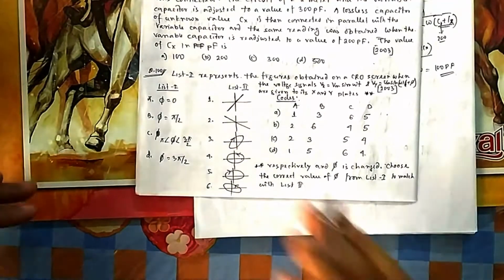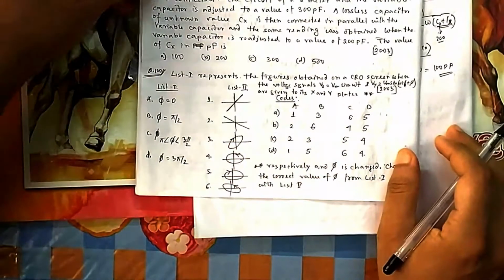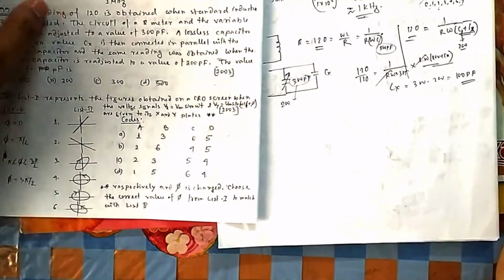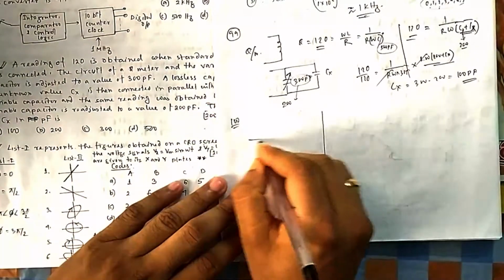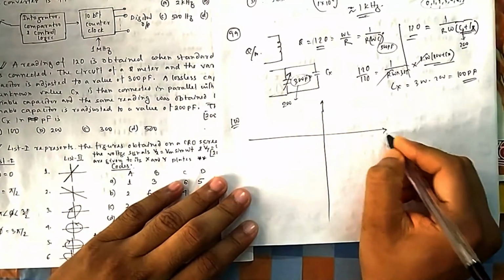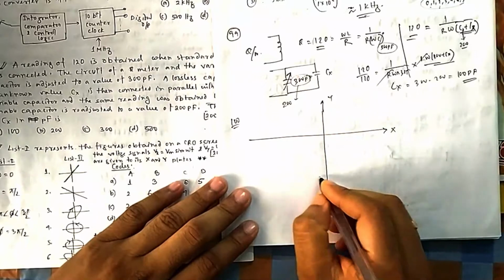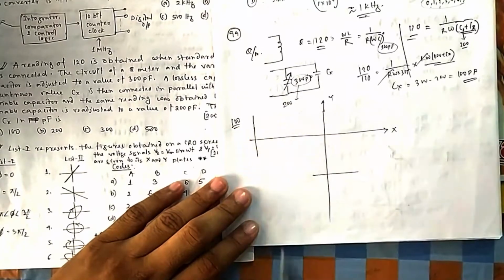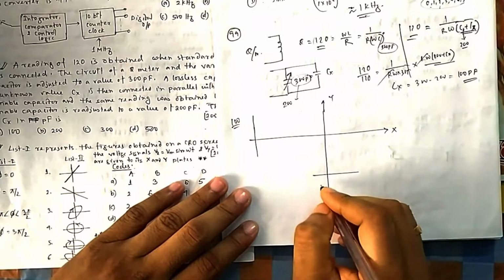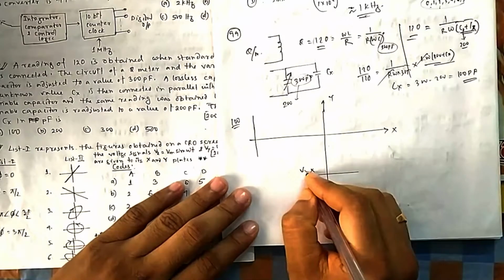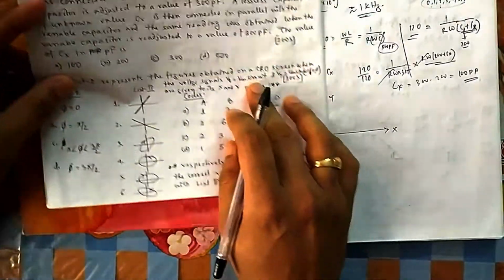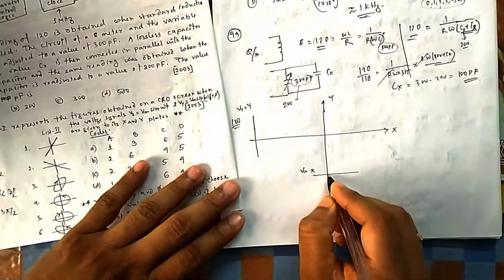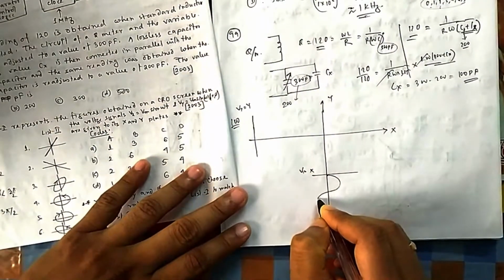There are lots of ways to do this or to understand this. Let's try one by one. First let us try graphically. We will not solve it exactly, but let us get some graphical idea. Suppose this is your X, that is Vx, whatever signal you are giving to the X plate. This is your Y. Here Vx is Vm sin omega t, so you take a sin omega t, that is a sine signal.